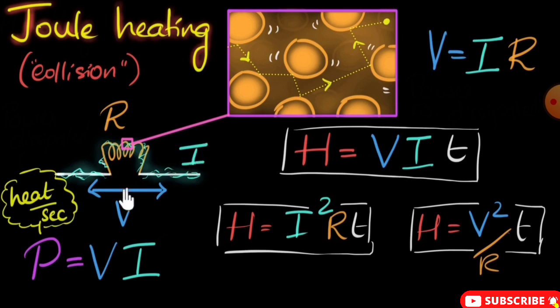So that's pretty much it. But before we conclude, I just want to talk about a couple of technical details. One is, whenever we have heat generated due to electricity, we often term it as power dissipated. So if you're ever asked to calculate the power dissipated, we basically have to calculate how much heat is generated per second. And the second thing is, when Joule was doing the experiment to figure out the relation between electricity and heat,